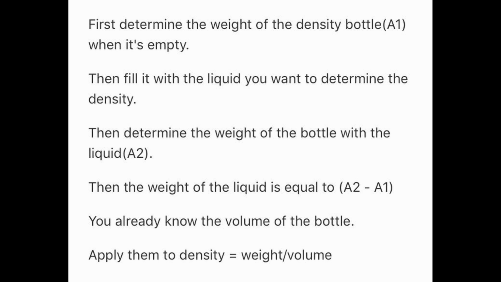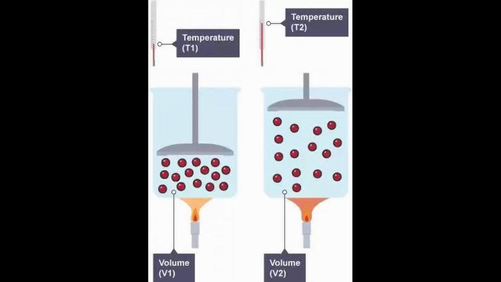Now the next topic that we'll discuss is variation of density of liquids and gases with temperature. All forms of matter, whether they are solid, liquid or gases, expand on heating and contract on cooling. That you have already read in your previous classes, even in your previous chapter also. But as you know, expansion in the solids is very small. When the solids are heated, the expansion is very small. So with the rise of temperature, what happens when the expansion is small? That means there is not much change in its volume.